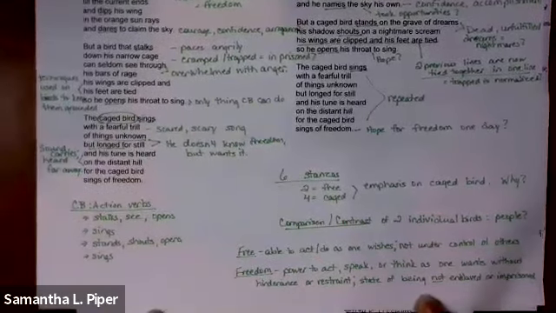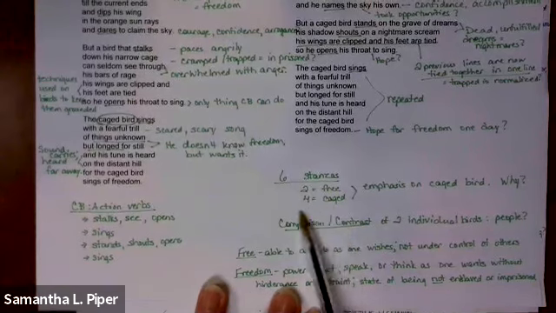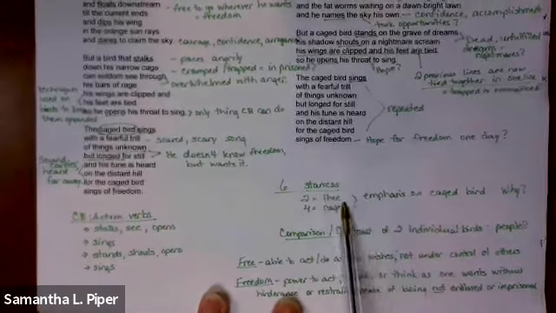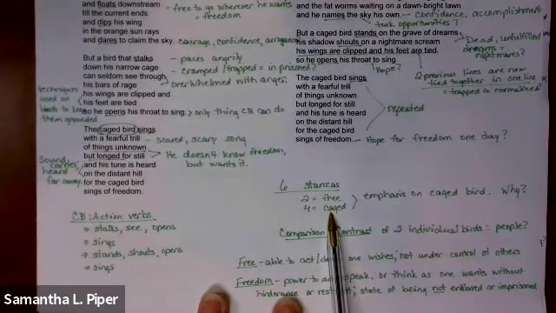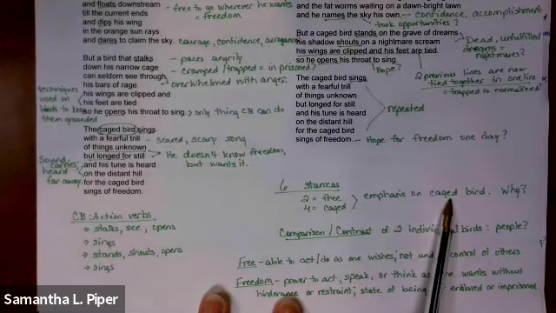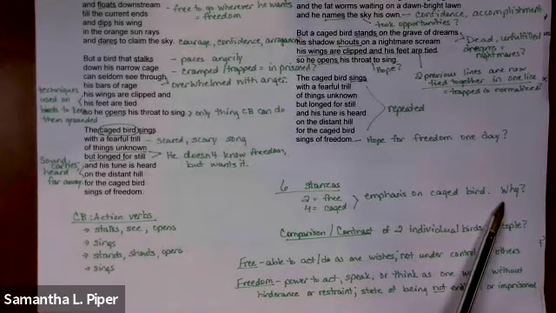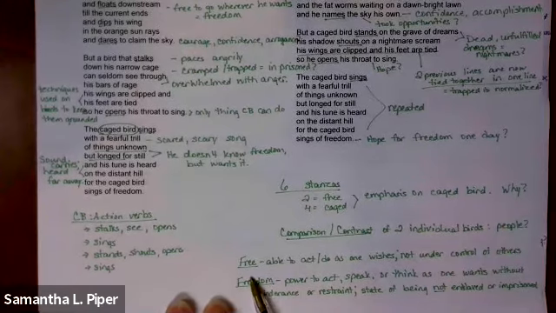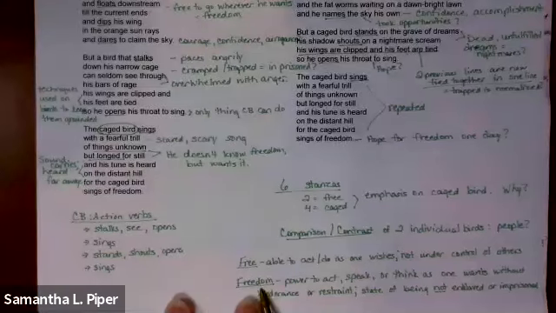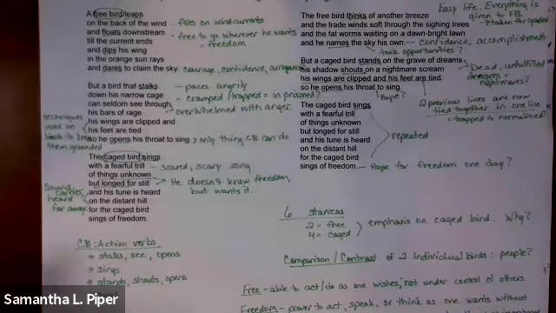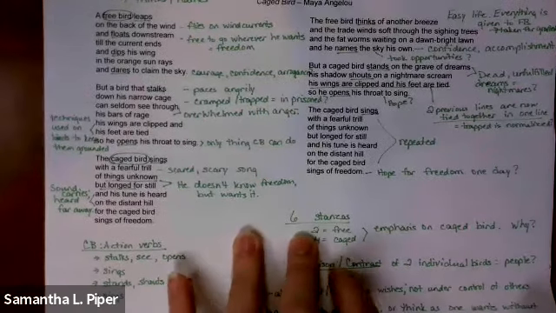Even things as simple as counting can make a difference. Six stanzas, because we know that this is a stanza, not a paragraph. Two of them are about the free bird, so four of them are about the caged bird, and what that does is emphasize the caged bird. But at this level, we don't really know why, but we should be asking. I also have things like the definition of free and the definition of freedom. So these are some of those literal notes that can make a difference when we're just starting.